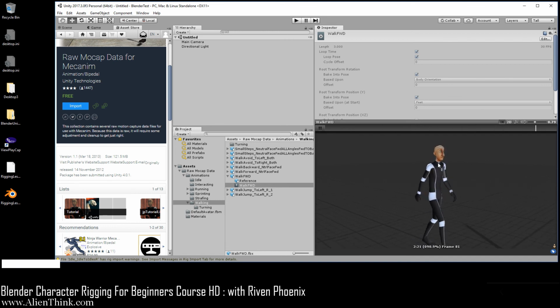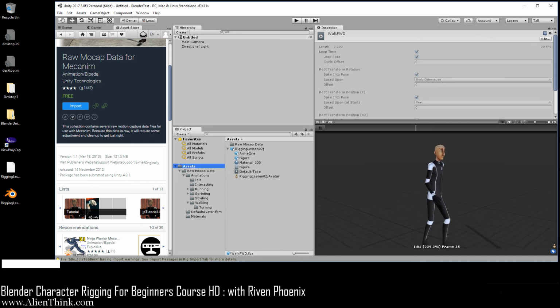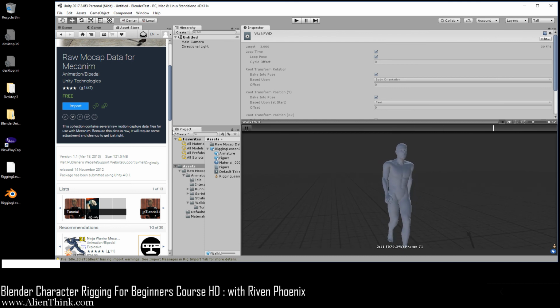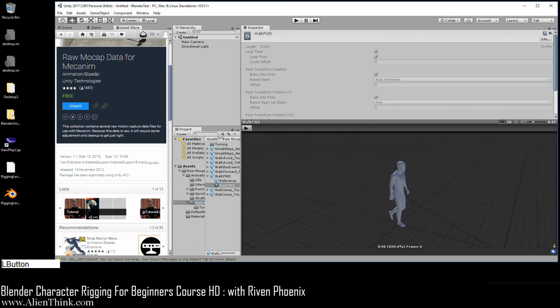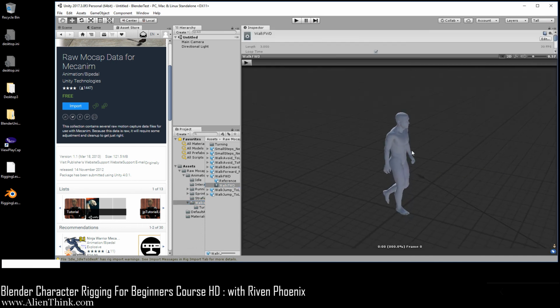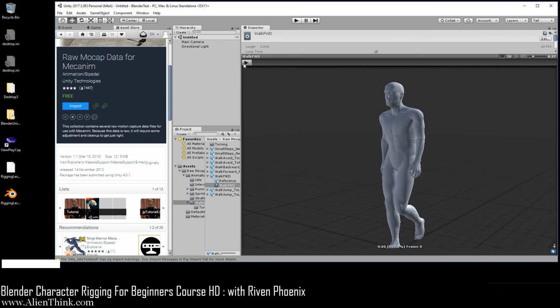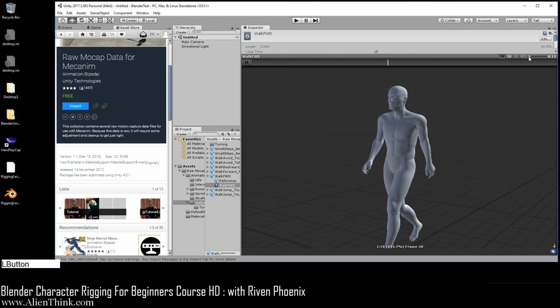So what we want to do is now use our character. So all we have to do is actually click on assets over here and drag our character on top of over here. So now you'll see that this is our character. So here you can see that what we want to do is actually slow this down. Now I'm going to actually expand this all the way over here. And go ahead and go to walking and click on walk forward. And here you can actually make this a lot bigger and just zoom in. Okay, and now click on play.